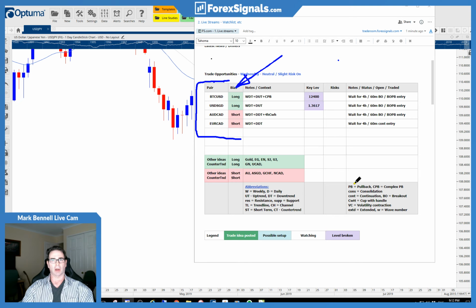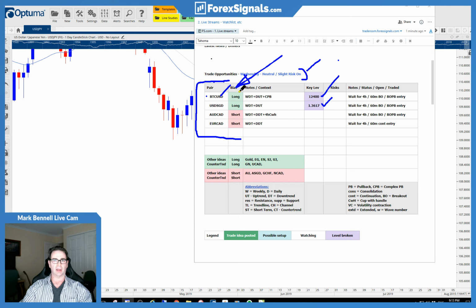So we look at that first, and then the pairs that I believe are showing us better directional bias. Now we don't always get it right, but when there's a setup that's relatively close to triggering, then we can usually identify a level that I want to see broken, preferably with some sort of accumulation before it. But we put this list together in the Asian session. The Asian session is not ideal for trading. We get a lot of fake outs. Quite often price will turn around in London. But most of the time we get it reasonably good.